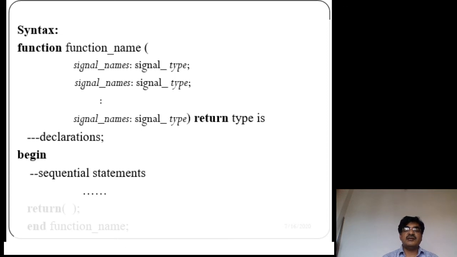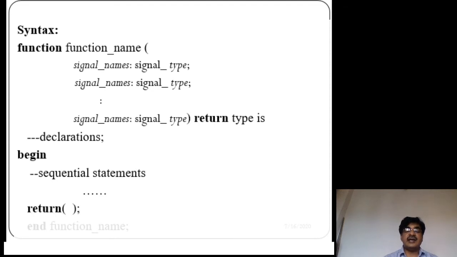Here, all the statements are sequential statements. In a function, after begin, the statements are sequential statements, whereas in an architecture body, those are concurrent statements. By the name concurrent, all those statements execute simultaneously. But sequential statements means the execution is one after another.